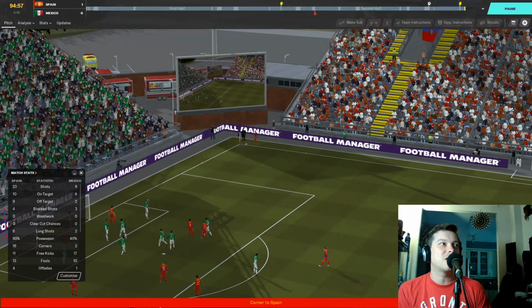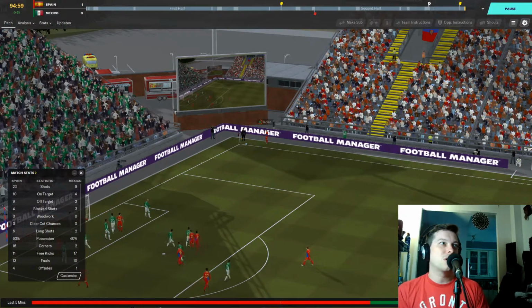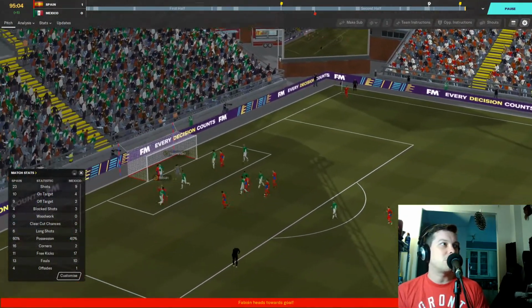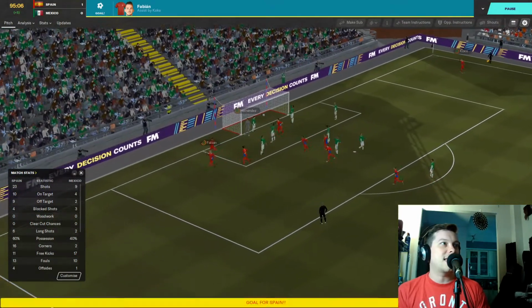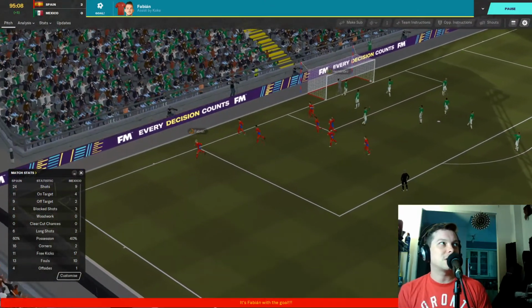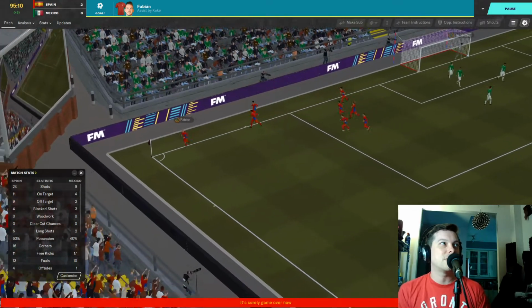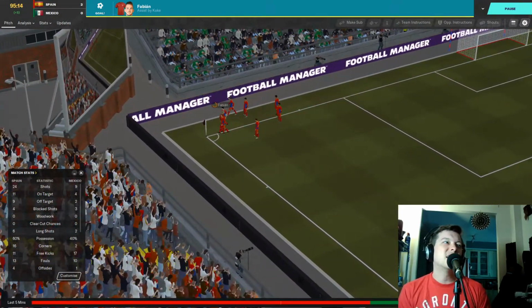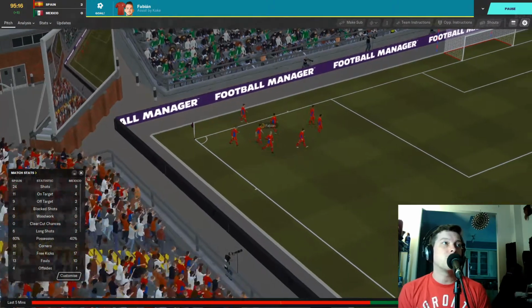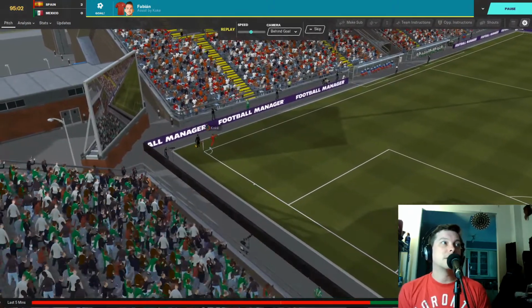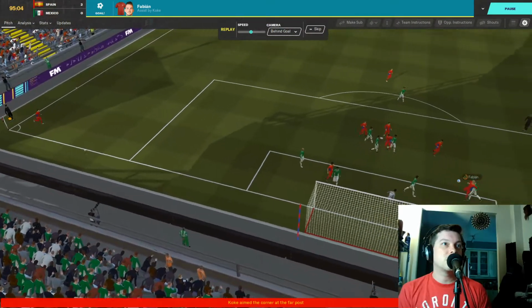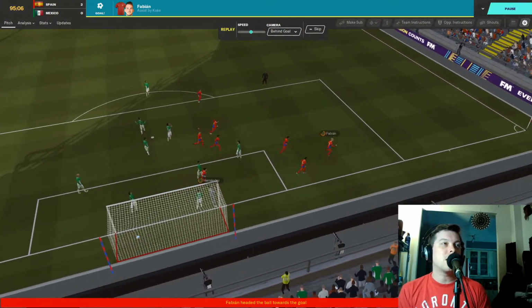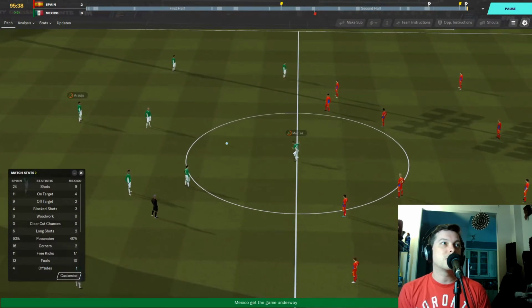10 seconds to go, and Spain have a corner. Koke on the corner for Spain in front of the Mexican support. Headed in again. Fabian with the second goal for Spain, sealing the victory on the corner kick. 2 set-piece goals for Spain in this one. They were a fairly low-scoring team in the tournament overall, Spain. But they were just clinical in defense, I would say. And they didn't score a lot, but they got the job done a lot of the time. And it looks like they're doing it again here.